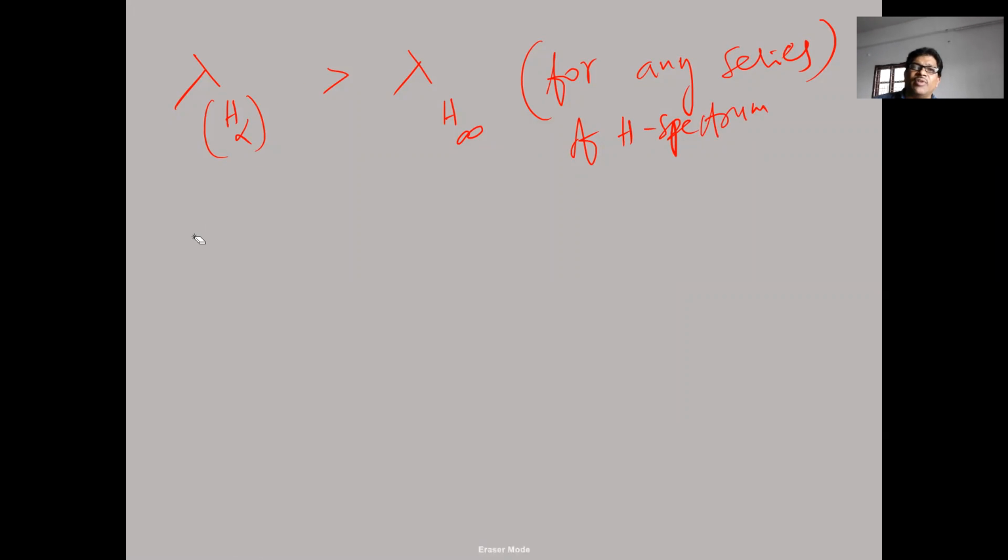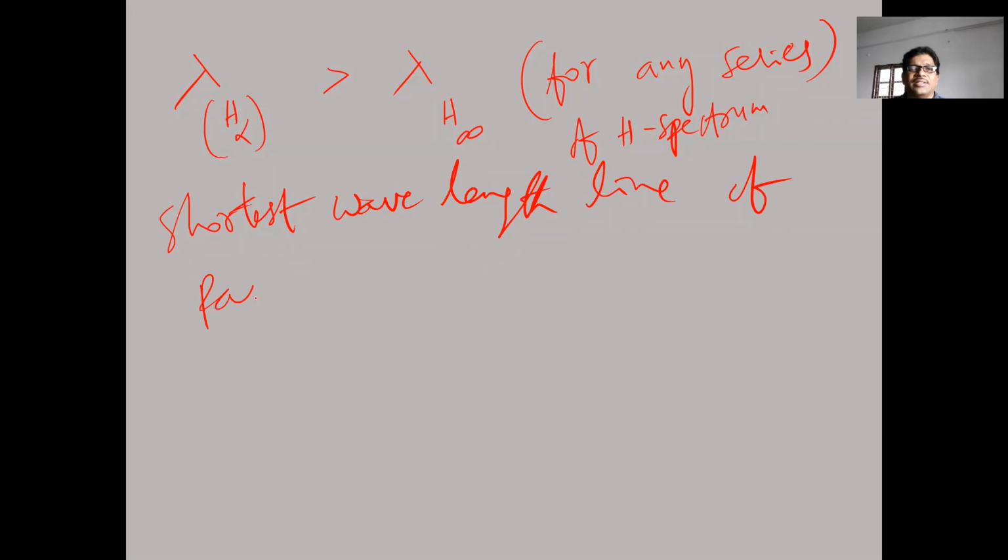And energy gaps will be greatest for which line here? The infinite line. The infinity line has the greatest difference in energy. That's why the wavelength is shortest. So now tell me, the shortest wavelength line